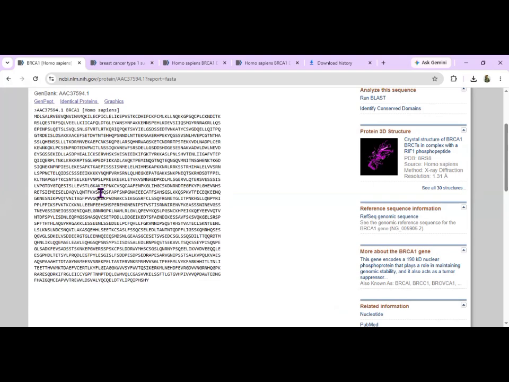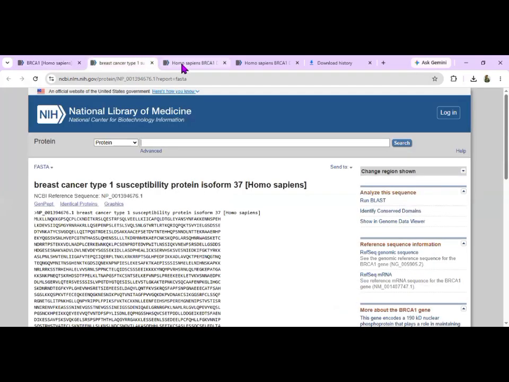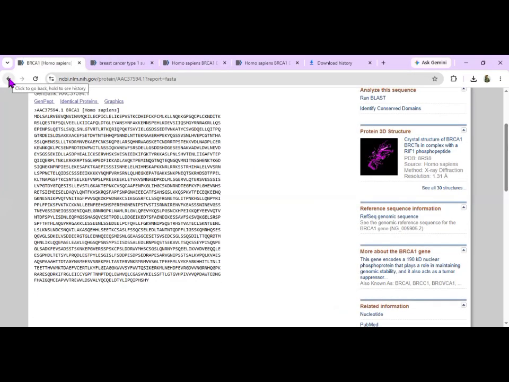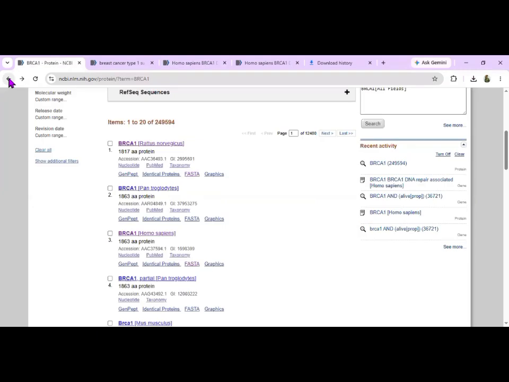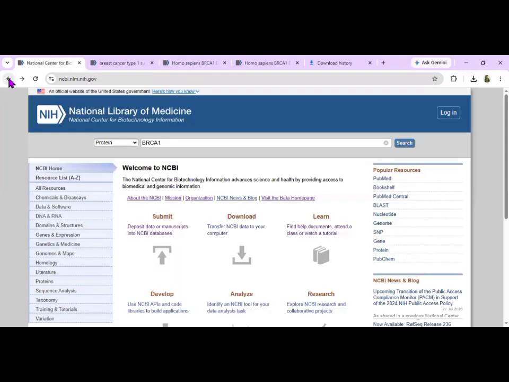So today you learned how to download genomic DNA, messenger RNA, CDS and protein sequence from NCBI. In the next video, we will learn how to use these sequences in different bioinformatics tools such as BLAST, sequence alignment and much more. And the next question is, what can we do with all these sequences? In the next video, I will show you how to use them in BLAST to identify similar genes and proteins. So make sure you watch the next tutorial.